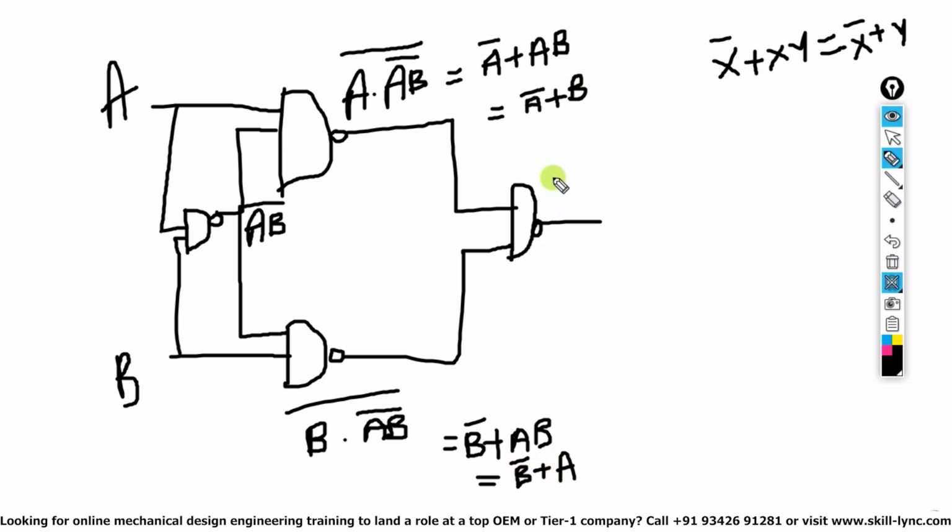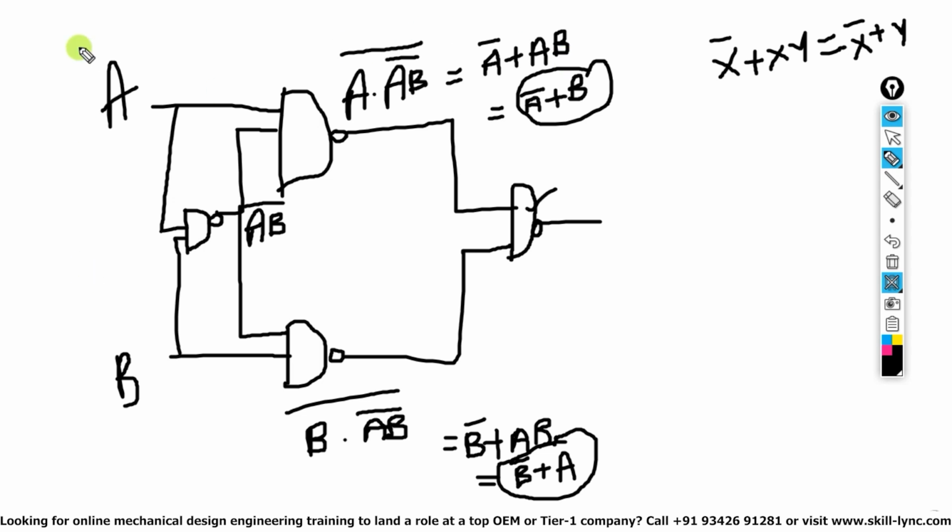Okay, now for this NAND gate you are having 2 inputs, A bar plus B and B bar plus A. Similarly, as we did in the previous case, the same thing is happening over here also. So A bar plus B into B bar plus A whole bar, and whenever you open the brackets using De Morgan's theorem, you will get A bar B plus AB bar, just like the previous cases. Same, everything is repeating again and again.